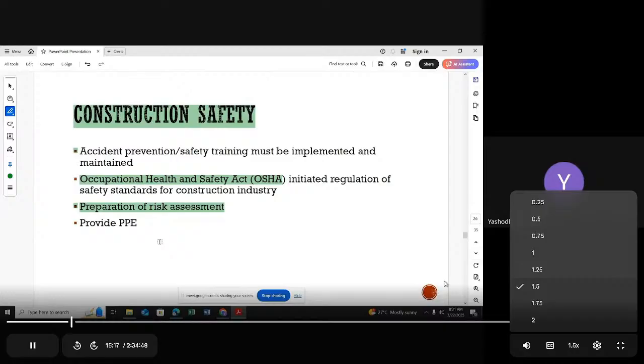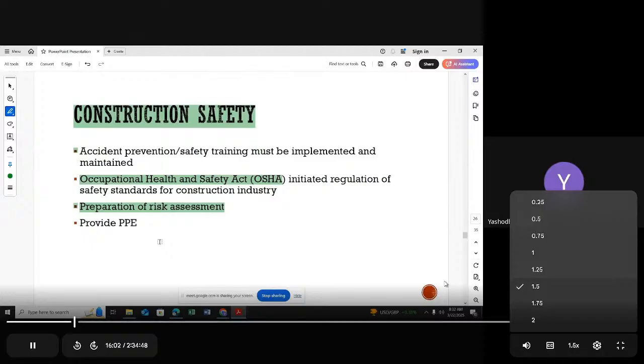Normally, I will tell you the history of this safety. After that, I will show you some reasons to follow safety measures. Now you all know about the construction project life cycle, which is very important for the whole project's decisions. When I'm discussing the safety part, I'm also taking some examples from the project life cycle because it is important. Anyway, now you all know about the project life cycle at the initial stage of a project.